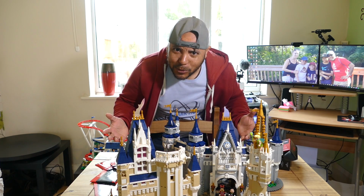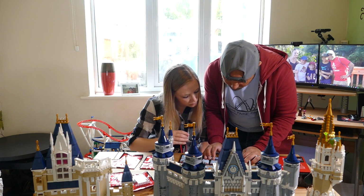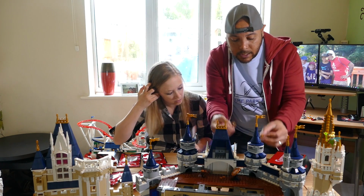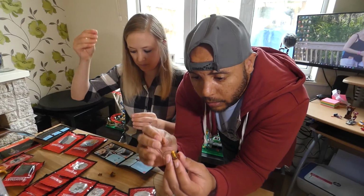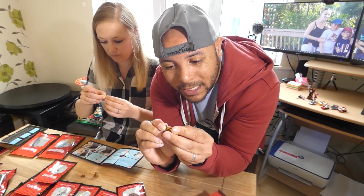The Disney Castle. Right, okay, we've got guide number 1. Okay, so first things first, only one way to install, otherwise it will not work. I'm assuming remove... It's the other way around. Yeah, so we need to remove these tiny little lanterns. Oh my days, we are dealing. Okay, I've got the little light in here, and then I've got to try and poke this little brown thing in here. But it's really...